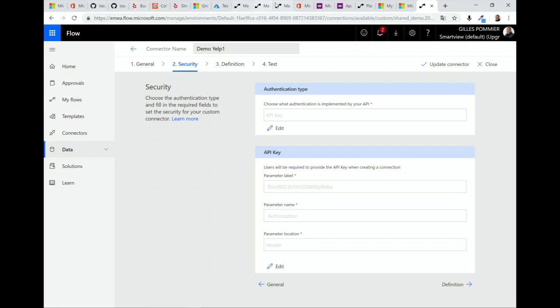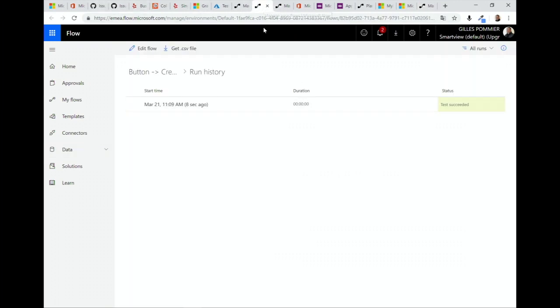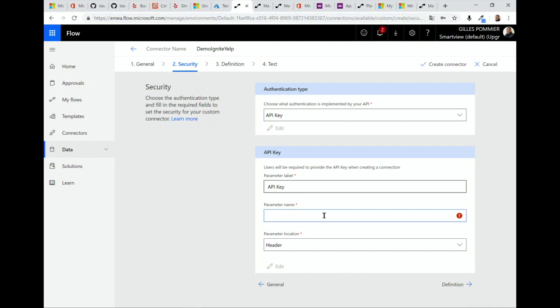Okay, so just go back. Authorization. The parameters will be authorization. Okay, parameters will be in the headers.